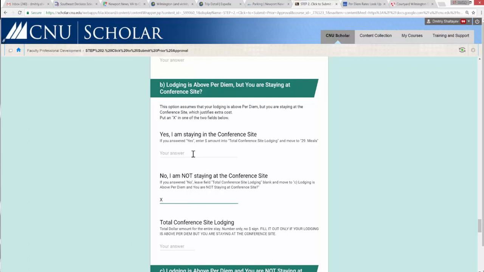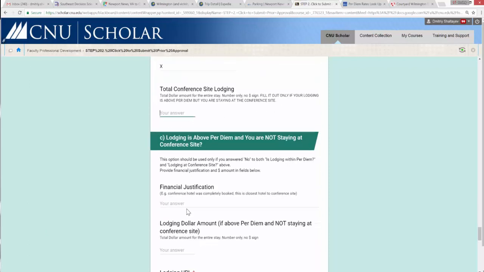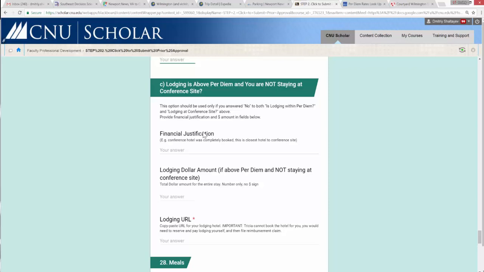But if you are staying at the conference site, you would obviously put an X right here, and in this case, you would type your total for the lodging in this field. But I'm saying no, so I'm skipping that section also, and going to this one. Here, I have to put financial justification. My financial justification is going to be fairly short, because there is a limited amount of space. So I'm going to type: conference site